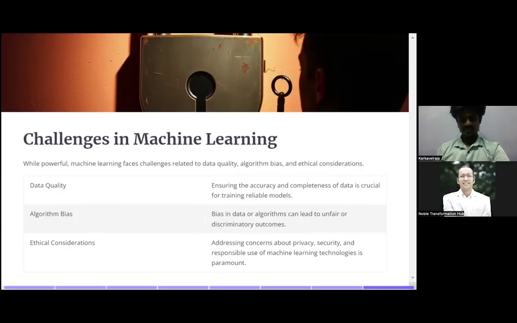Go through all the sessions 5 to 10 times, absorb the information, digest the information, and apply. Do all the assignments which are given, and don't just come to this session, go back and watch all the sessions, then you'll understand what we are talking about. Otherwise, it will go above your head, what they are talking about, agents, learning, environment.